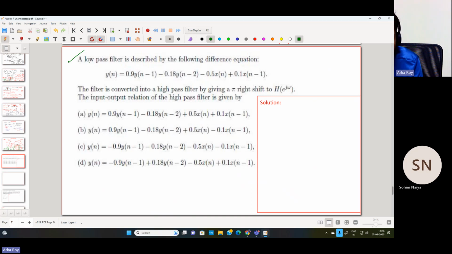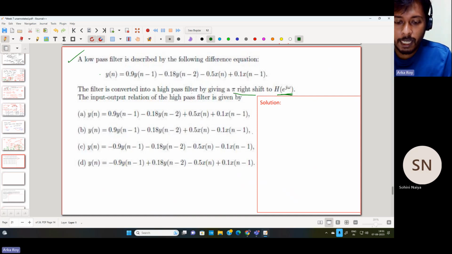So this practice question deals with a low pass filter described with this particular equation. The filter is converted to a high pass filter by giving a pi right shift to H(e^jω). So let us first find what H(e^jω) is. So let's take the Z transform